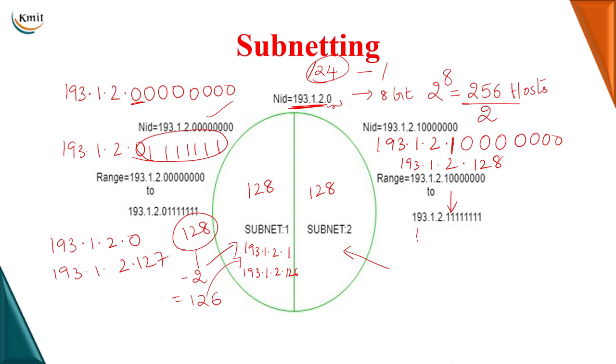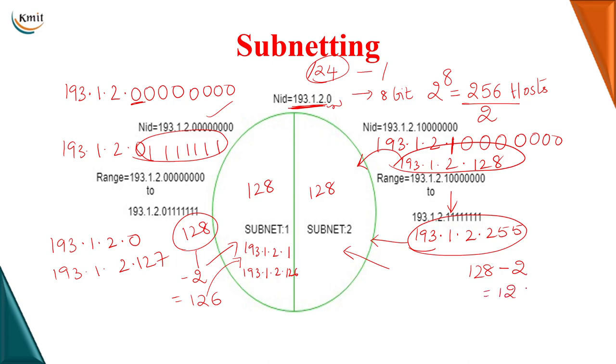All ones, that will come up to 193.1.2.255. Okay, this first address will be used to identify the second subnet. That is, this is the subnet ID for the second network, and this is the broadcast ID for the second network. Again, from 128 addresses, I have taken away 2 addresses, so I am left with 126 valid host addresses